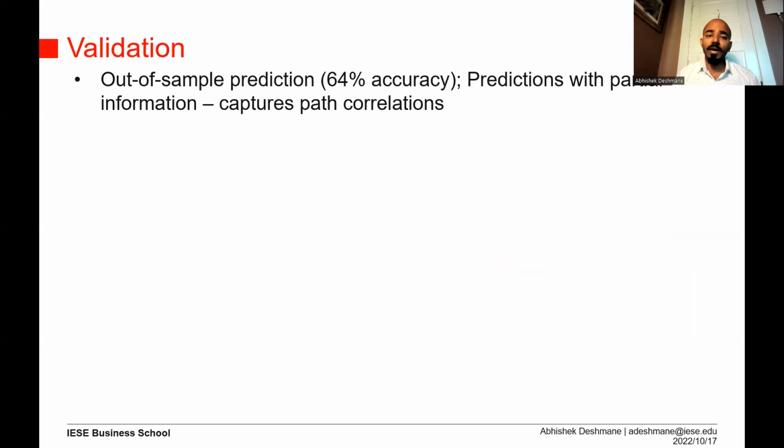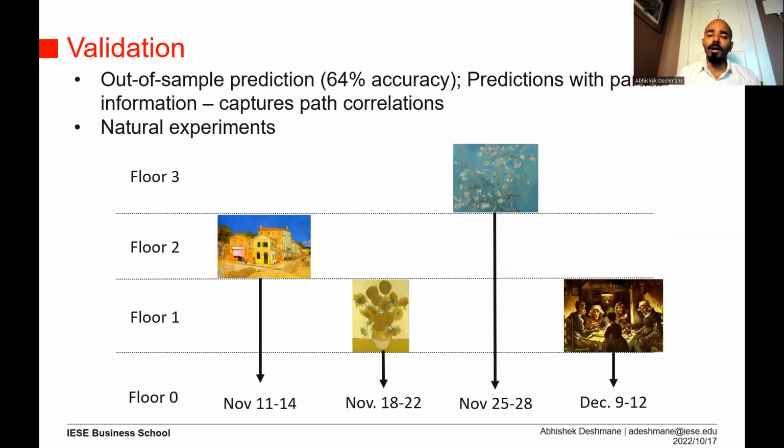tests that we did. So the out-of-sample prediction test shows us that our model is 64% accurate. Also, there were natural experiments within the museum, where a few layout-related changes happened, which were related to construction-related changes within the museum, which were exogenous to the visitor movement. We try to see whether our model is able to predict these changes in the way people move